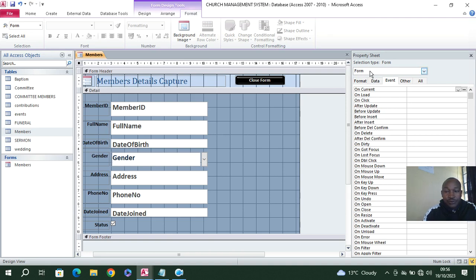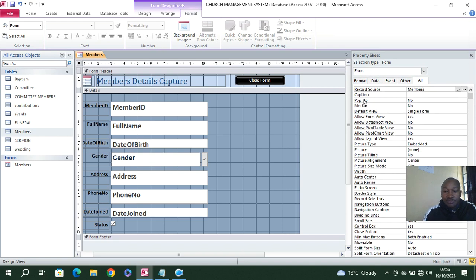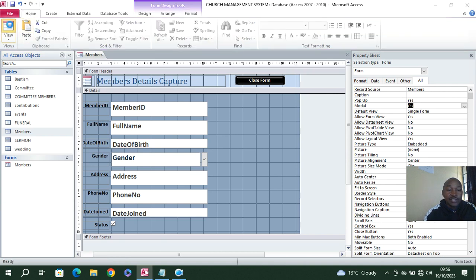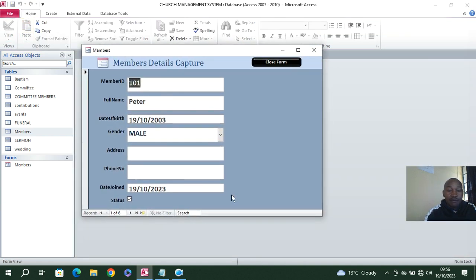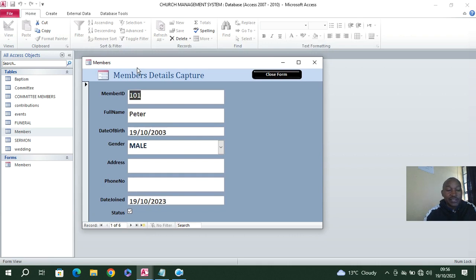So the next thing I need to do is to go to all. Then pop up here. Now pop-up option will make sure that the form will always be on top of other forms. And then you shall also have the model. The model allows you to keep focus until you cross on that form. So it's good to do that. So you see, this is my members form. It is now model and pop-up. So that means whenever it's clicked, it will always be in the front of the other